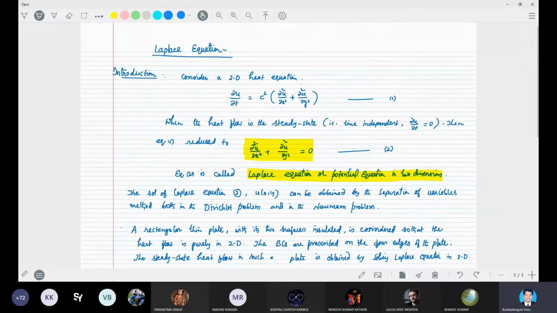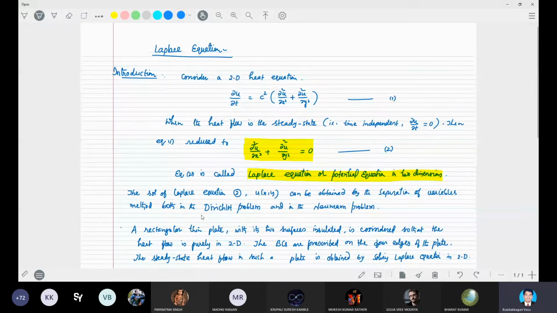Hopefully you know what Dirichlet and Neumann conditions are. These are types of boundary conditions. In the Dirichlet condition, the dependent variable u is prescribed at the boundary. So we know the u value at the boundary, which is called the Dirichlet condition. A differential equation with such a condition is called the Dirichlet problem, whereas the Neumann problem includes the Neumann condition.